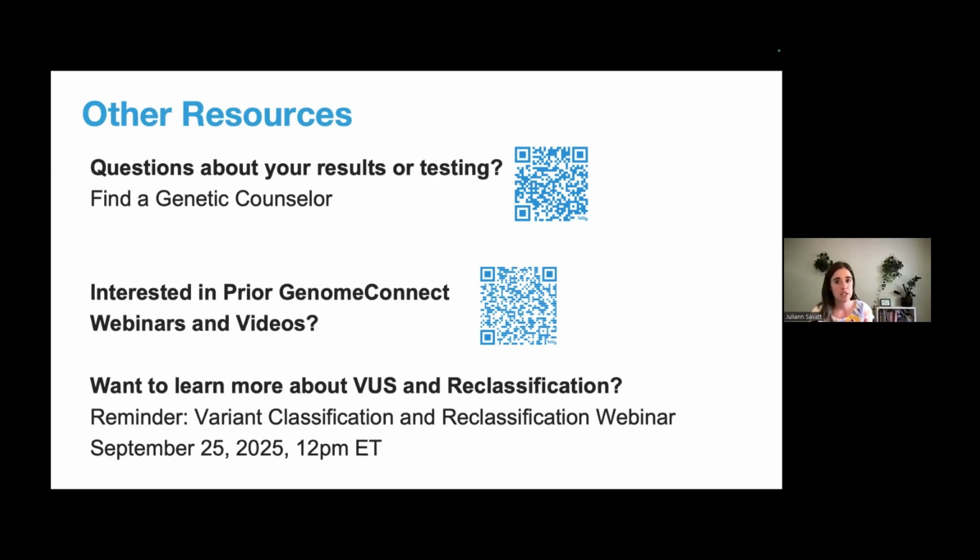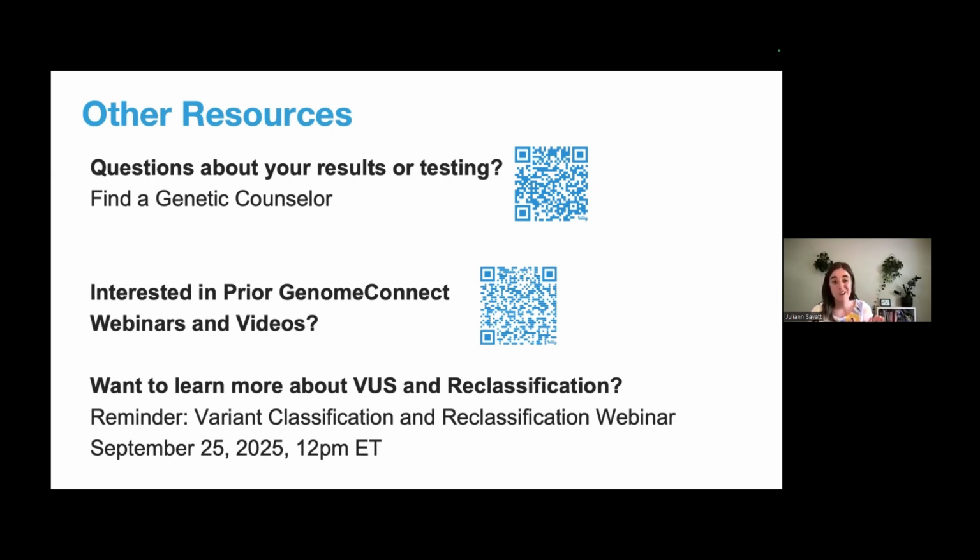We have another question about finding a clinician in your area based on your results. The QR code will take you to the National Society of Genetic Counselors website, and that can be used to find a genetic counselor near you based on zip code. You also can see if there are telehealth genetic counselors. So that's a good resource to find GCs near you. As you search, it will include specialty. So if you're interested in a cancer genetic counselor,